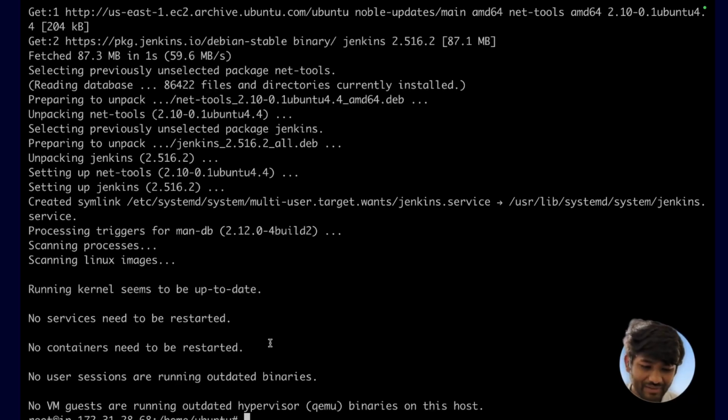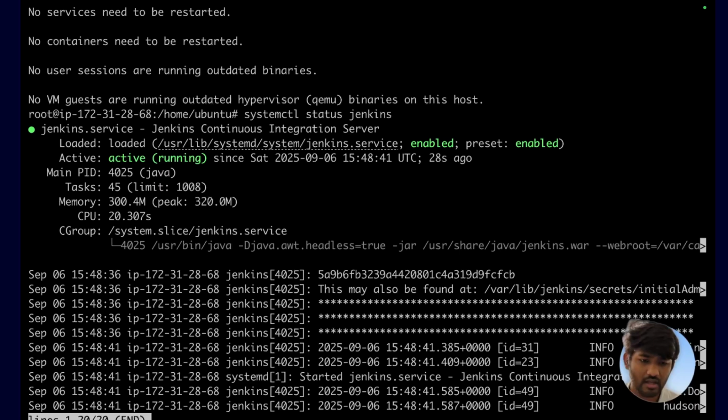Now Jenkins is installed. Now let us validate whether Jenkins actually got installed or not by running systemctl status jenkins. This will actually tell you the current status, whether it is active or inactive. Those statuses can be tracked from here. When you want to validate the current version of Jenkins,